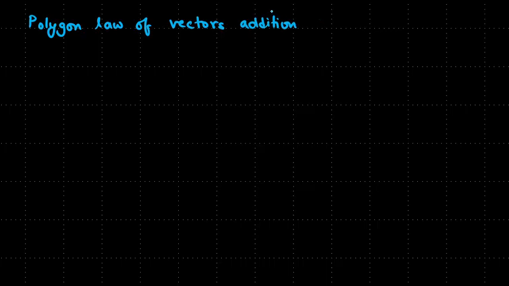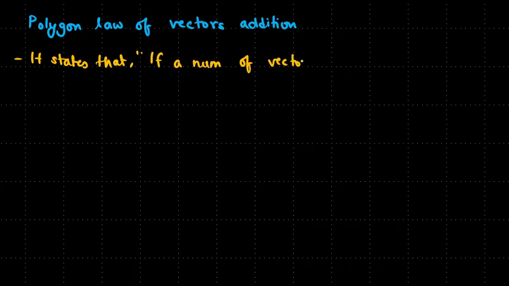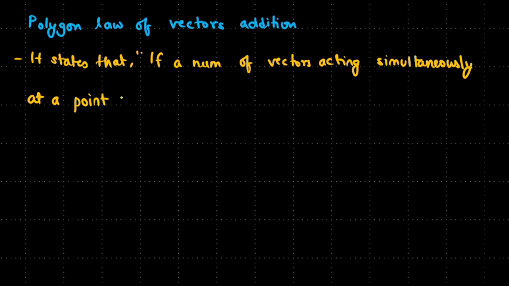So polygon law of vector addition. So let's first of all talk about the statement. So to write the statement, it states that if a number of vectors acting simultaneously at a point are represented